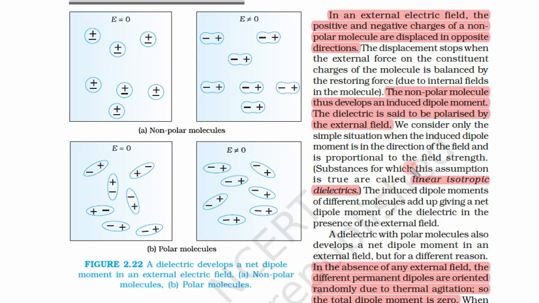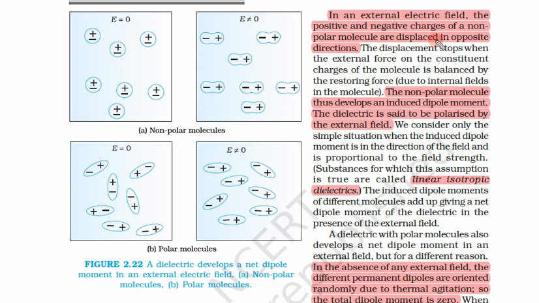We have seen what are the polar molecules and what are the non-polar molecules. The examples of non-polar molecules are hydrogen and oxygen, and the examples of polar molecules are water and HCl. Now let us see what will happen if an external field is applied on the positive and negative charges of